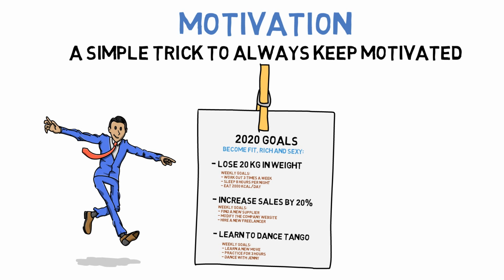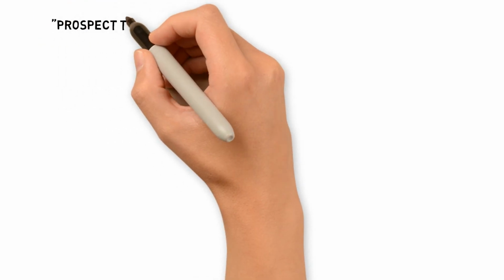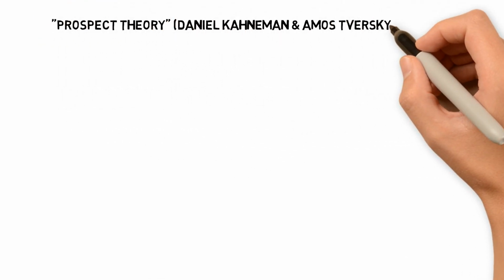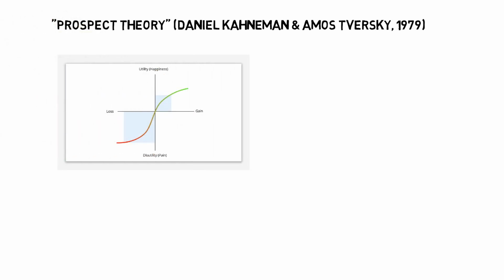The prospect theory is a decision theory formulated by the Israeli psychologists Daniel Kahneman and Amos Tversky in 1979. This theory provides a description of how individuals behave when faced with a decision. The prospect theory focuses in particular on risky decisions. For the purposes of this video, I want to concentrate on the part concerning human aversion to loss.